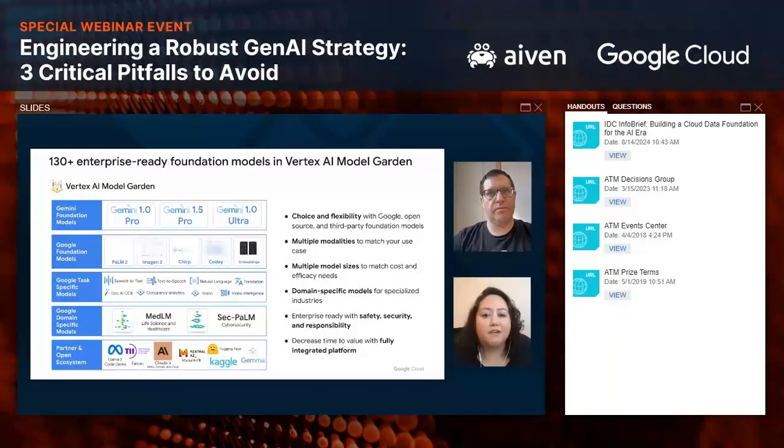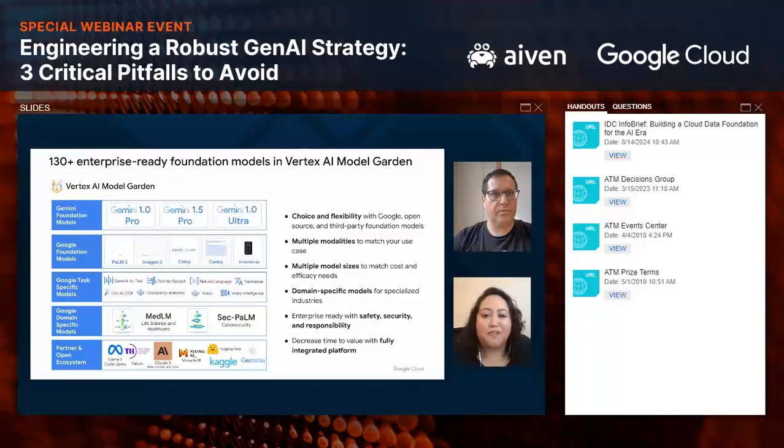These also include our task-specific models, domain-specific models such as MedPalm and SecPalm, but also foundation models from open source and our partners. No matter what foundation model you use, they come with enterprise-ready tooling and integration to our end-to-end platform,